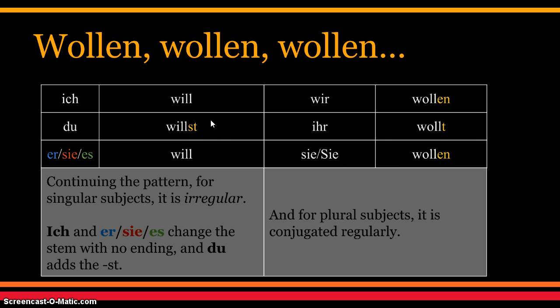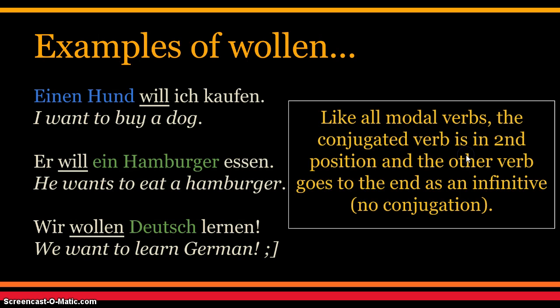So ich will, du willst, sie es will, wir wollen, ihr wollt, sie wollen. Beispiele von wollen. Einen Hund will ich kaufen. I want to buy a dog. Conjugated verb will for ich is in second position, and the other verb kaufen, to buy, is booted to the end of the